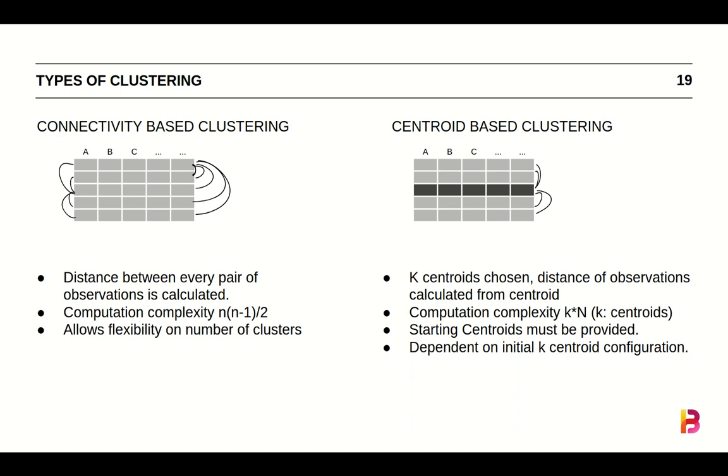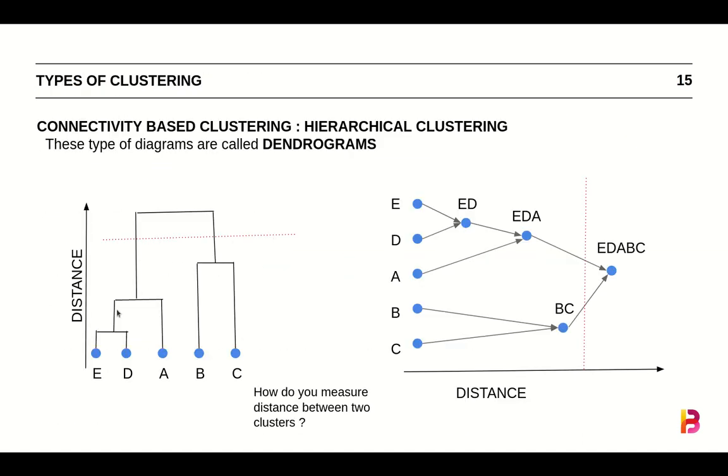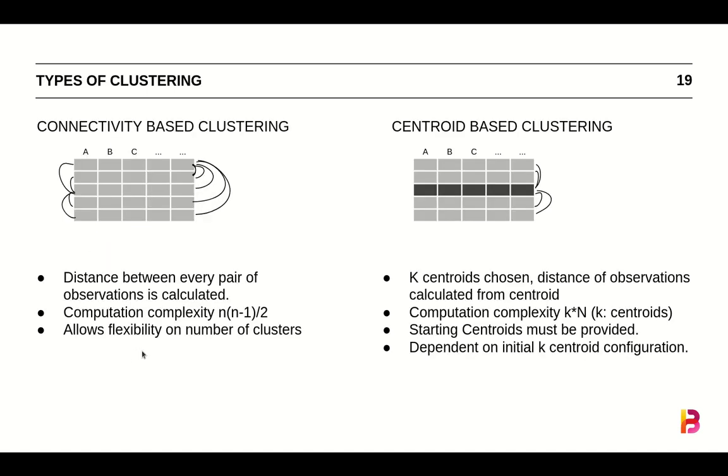are required. But as you have seen, connectivity based clustering allows us to draw these kinds of trees where we can chop it to however many clusters we want. If we want 2 clusters, we can chop it here and then get to our two clusters. If we want 3 clusters, we can chop it here and then we have 1, 2, 3 clusters. So it allows us quite a bit of flexibility, but this flexibility comes at a cost, and this cost increases at the speed of n square.